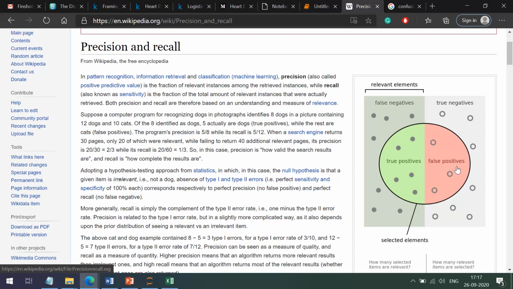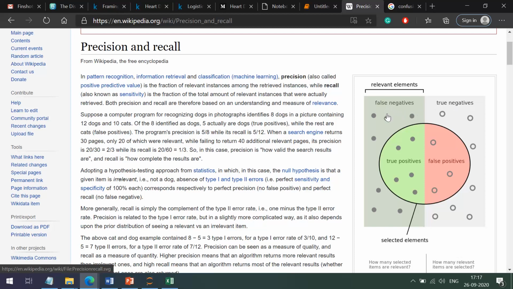Now these are correct results. They are actually value one and our model is telling that this is 1. So these are known as true positives. These are positive and our model is true. Now these are true negatives. Our model has not selected these points, so our model is true, and these are negative points.